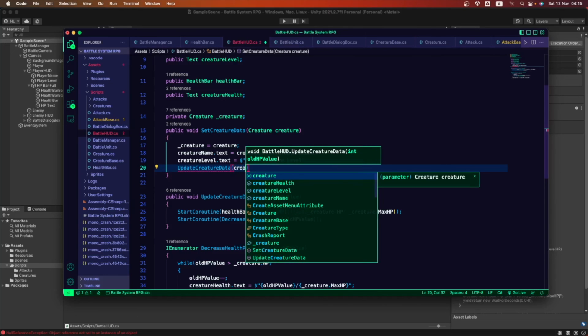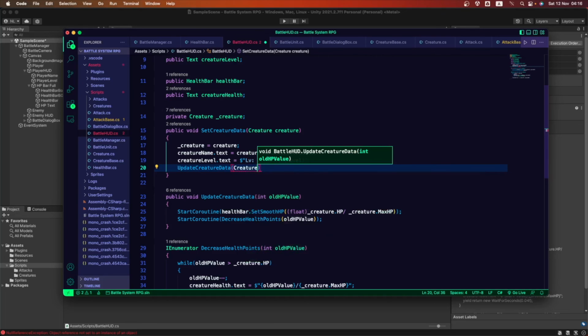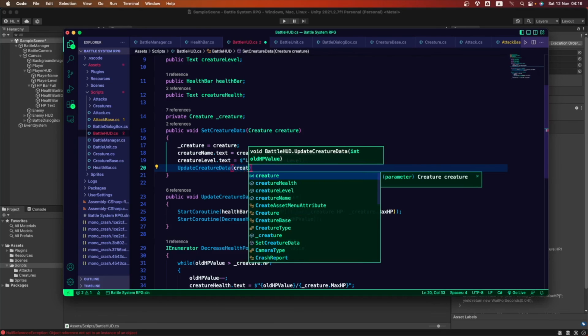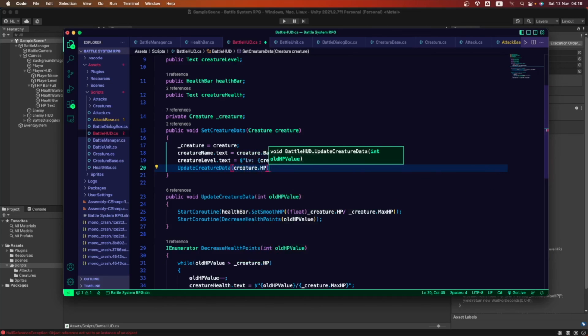Update creature data, and now we pass the creature health points. Creature dot health points. There it is. That's the one we needed to fix for this to start working. We can see the right amount of health points at the beginning of the battle.